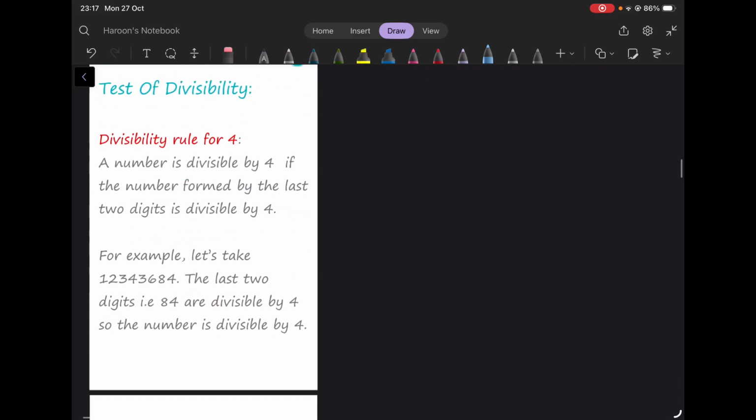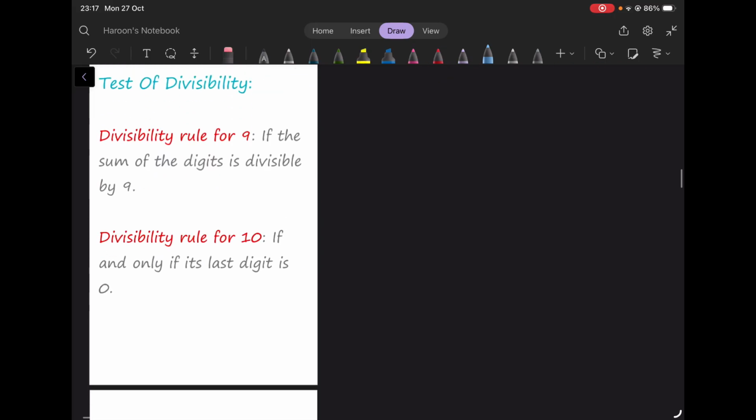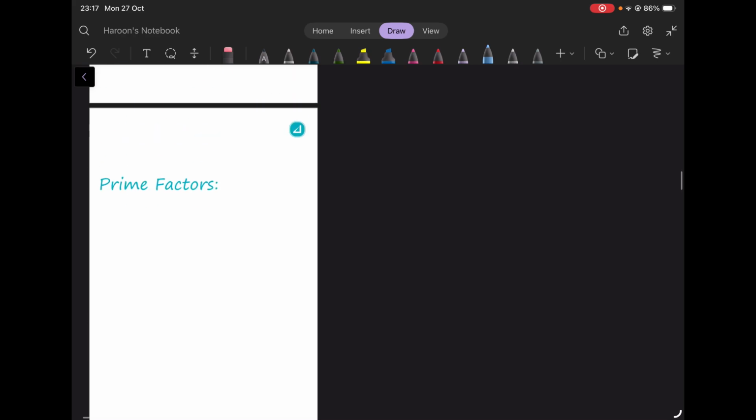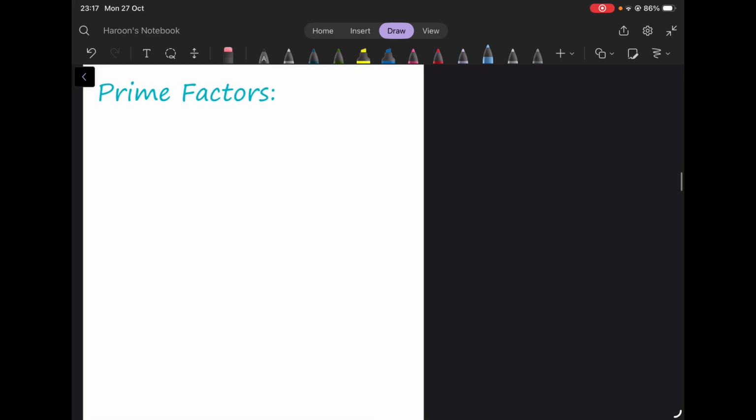Now we'll go to a few past paper questions and let's see if you guys understood these. But before we move on to past paper questions, let's just do this one last concept, the prime factors. Let's try to find, let's say the question was, find prime factors of 99. So what we do in this case is just like the